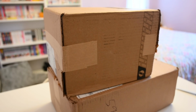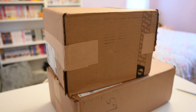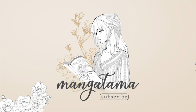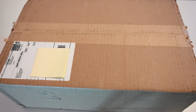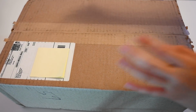We're starting off with some very, very exciting packages. I have two right here. Both of them are from Right Stuf, and I ordered these a while back. So yeah, let's just go ahead and get started. Let's start with our first package. I'm not too sure which one this is. I did check my Right Stuf orders a couple days ago just to make sure what I got,